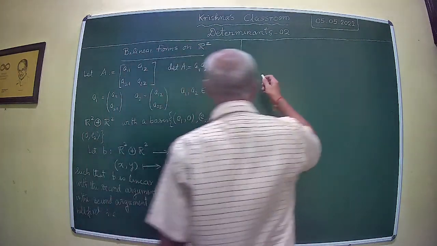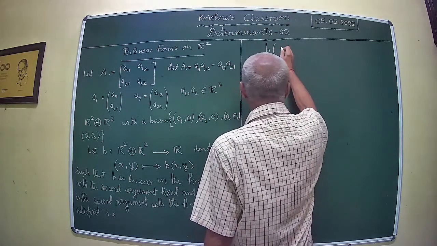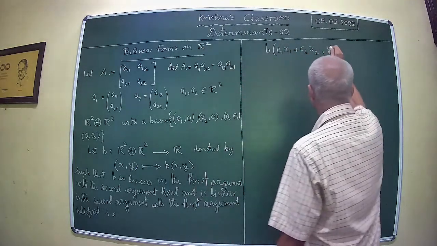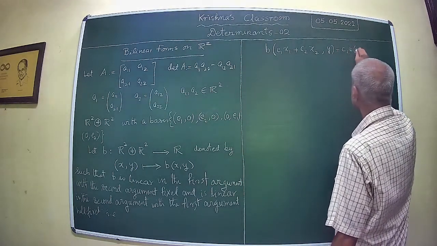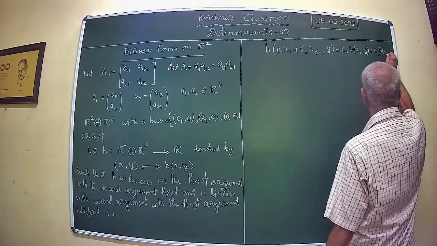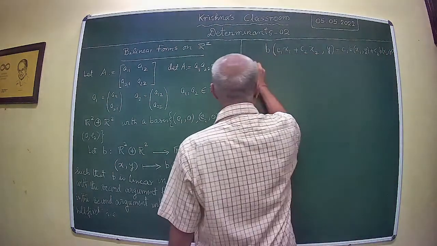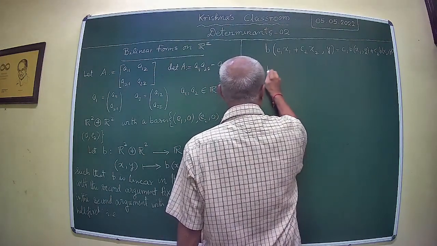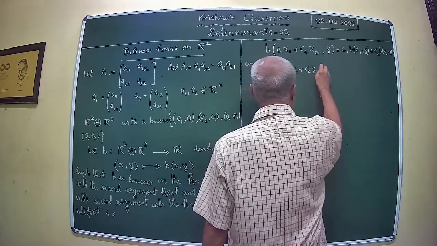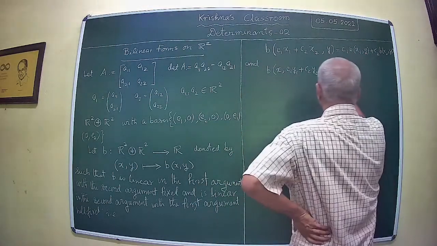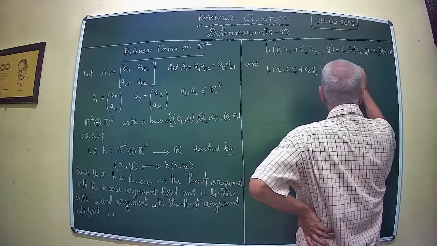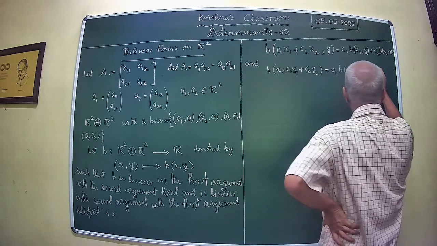These properties are B of c1 x1 plus c2 x2, y, and B of x, c1 y1 plus c2 y2, equal to c1 B(x, y1) plus c2 B(x, y2)